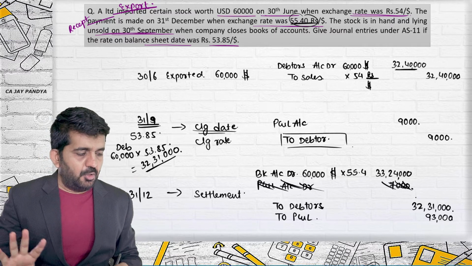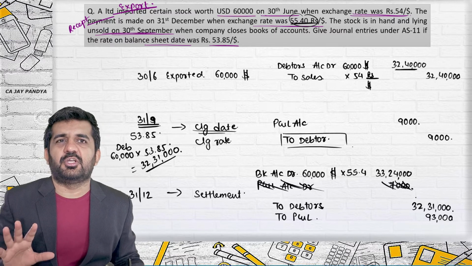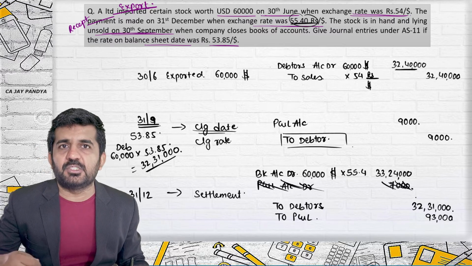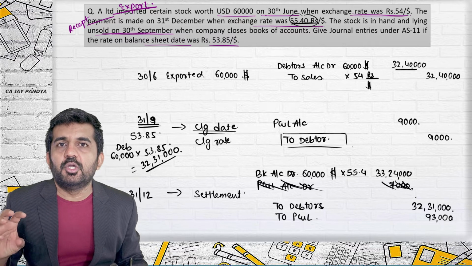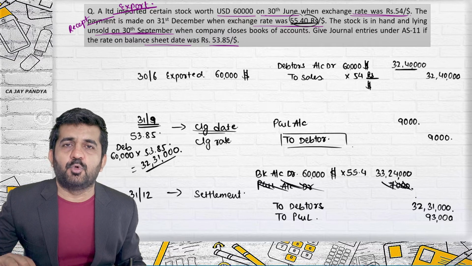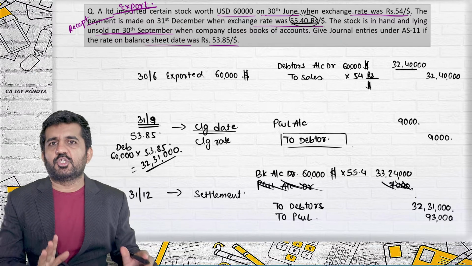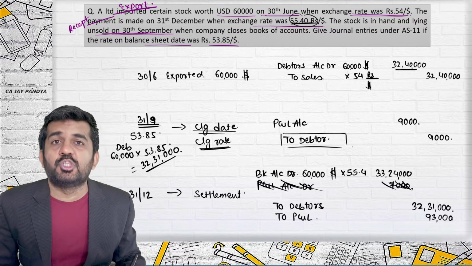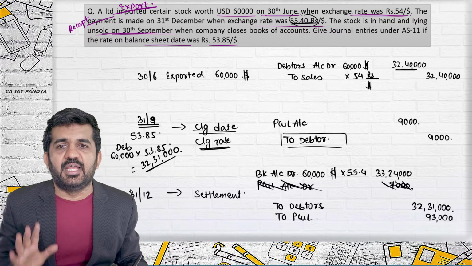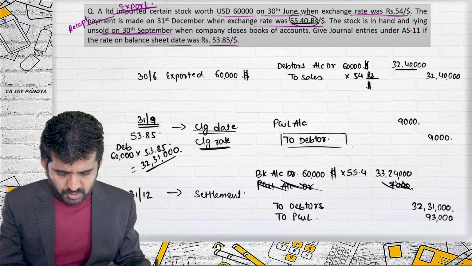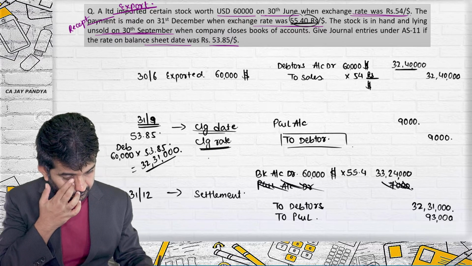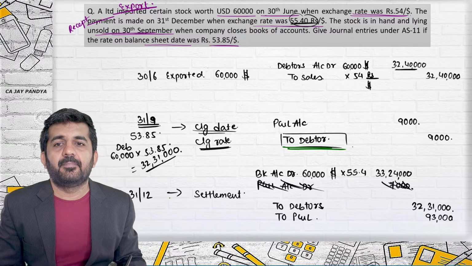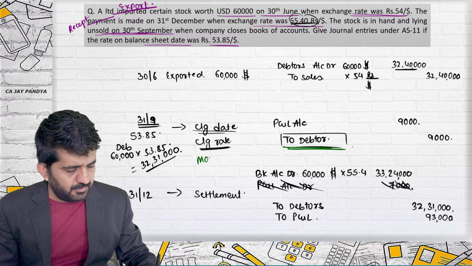All right. So this is how you will deal with a foreign exchange transaction. For companies and foreign industries which are practically doing import and export or investment in foreign currency, all these criteria will be used. Yes, one question which I was asking: why have I used the closing rate for converting debtors as on the closing balance sheet date? Can anyone answer? Sir, it is a monetary item. It is a monetary item.